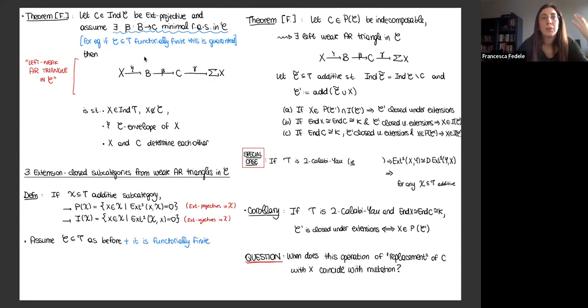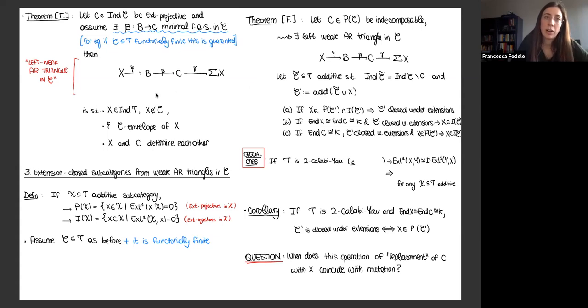Even more specifically, if you're looking at something with finitely many indecomposables, which a lot of the examples I've been looking at are, then you have functorial finiteness for free, and so you also have the existence of a minimal right almost split morphism in your subcategory for free. So let's say that we know such a thing exists, then we can build what we call a left-weak Auslander-Reiten triangle in C. So we take this minimal right almost split morphism in C, B to C, this beta here,